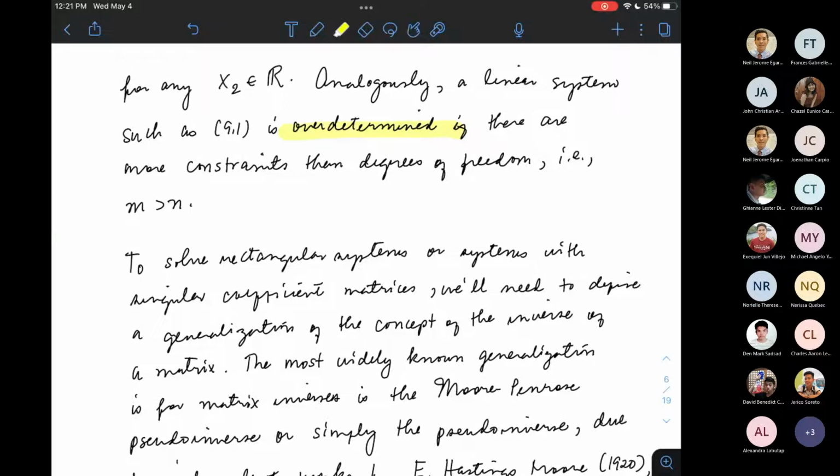And an overdetermined system can either be inconsistent or consistent in the same way as underdetermined systems. Kaya lang most interesting overdetermined systems ay madalas inconsistent, especially yung mga lumalabas sa mga inverse problems, which I will siguro talk about after we